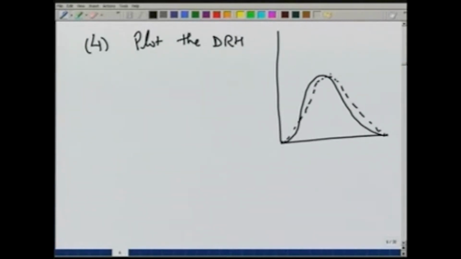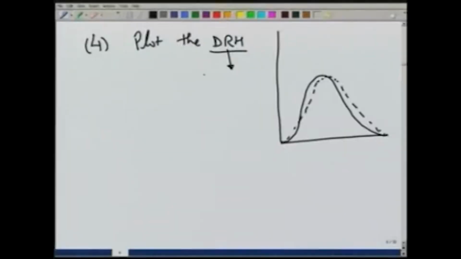Under ideal conditions, all the DRH should be the same, because we have assumed that the runoff is time invariant and linearly related. So, if we plot the DRH, and when we say DRH, these are all normalized, means divided by the depth of rain or the area under the curve. So, all these DRH are for unit rain,